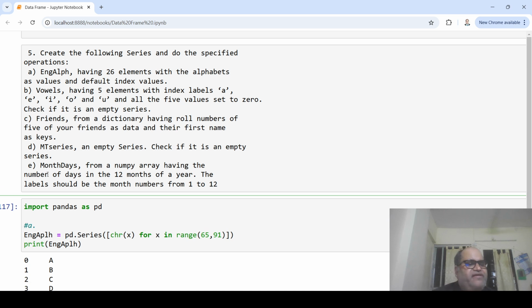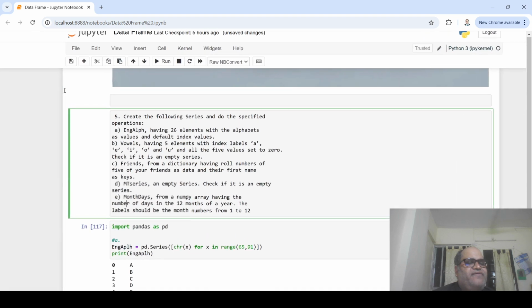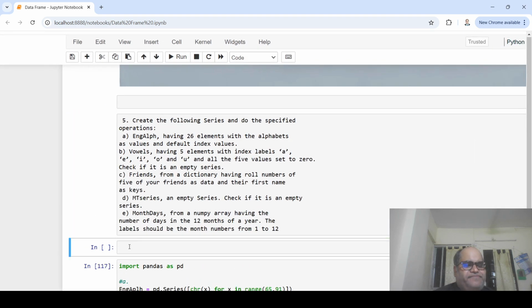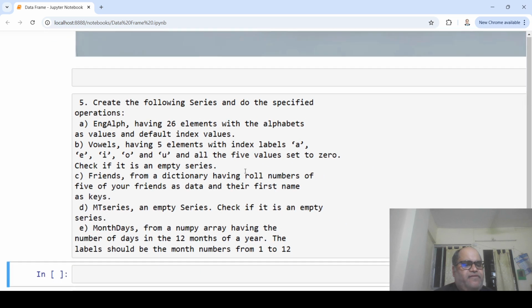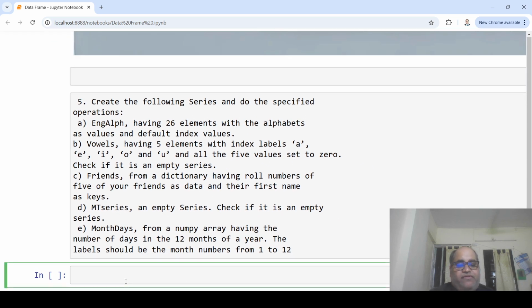So our vowels is going to be pd.Series, where you give your items as all 0, very simple one. And then your index is going to be A, and then E, and then I,